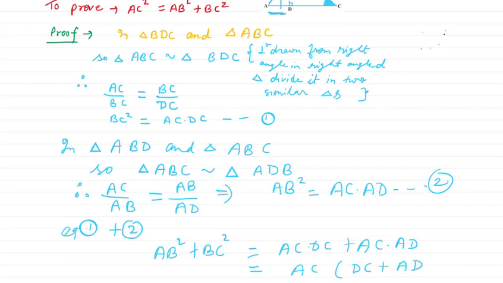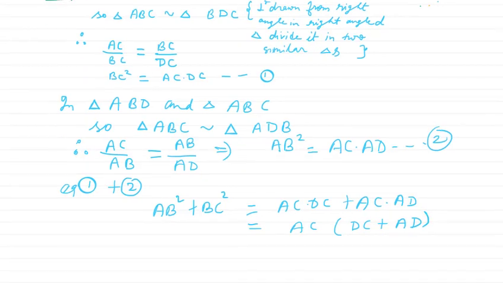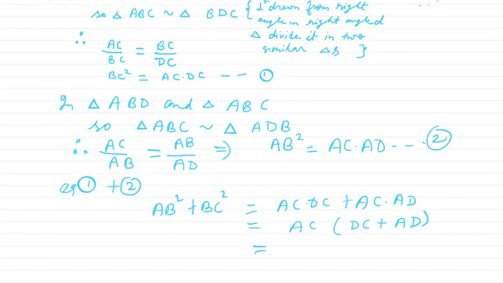Now you can see in the triangle AD plus DC is the same as AC. So the right side you can write as AC into AC. Okay, so this is AC square. So you will get AB square plus BC square equals AC square, and hence we have proved the Pythagoras theorem. So this way we will